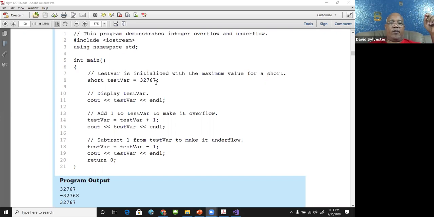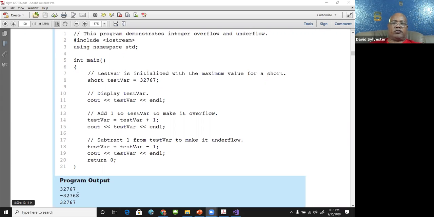Now, what they did was output the test var value, which is 32,767. But look what they did after that. They incremented it by 1 and outputted that same variable. But look what the value is: negative